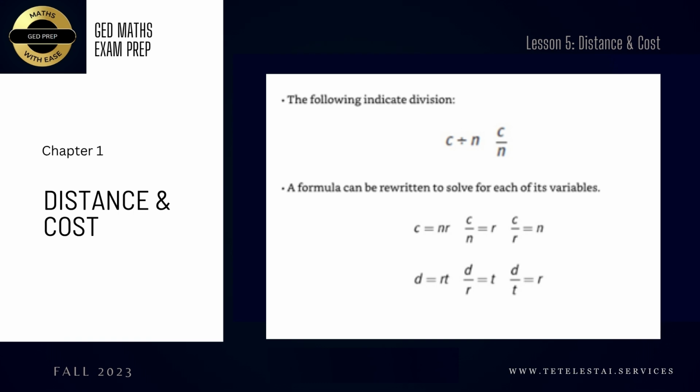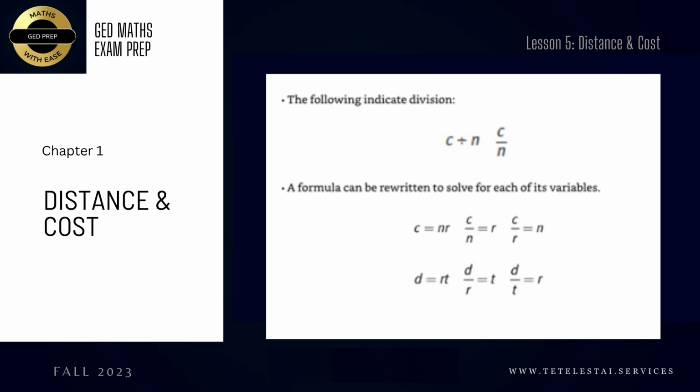So these are two ways to indicate division. Either C with the division sign followed by n tells you C divided by n, or you can write C with the divisor line and n underneath, also indicating that division is the operation here. And then you can rewrite a formula to solve for its variables. In this particular formula, we have three variables: C, n, and r. If you were asked to find r, for example,